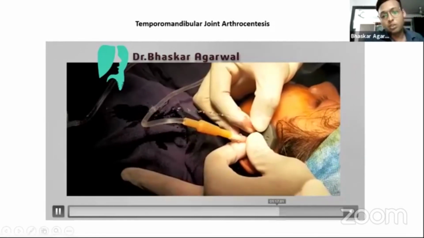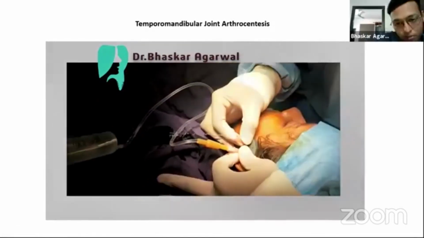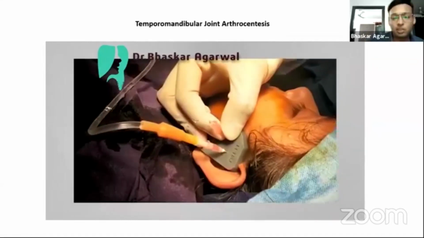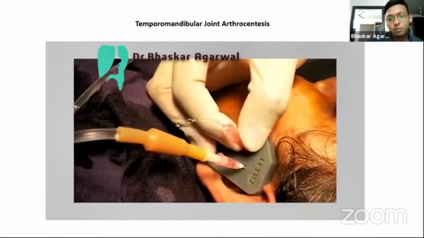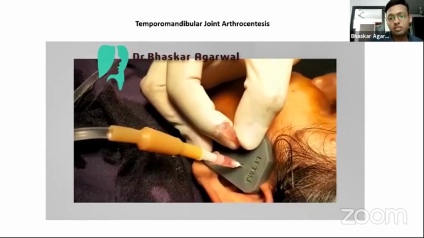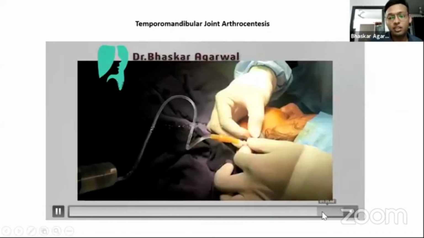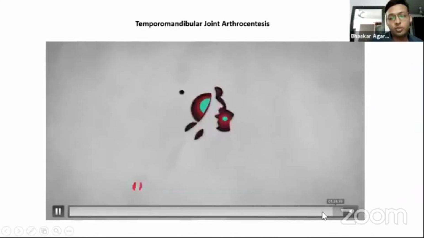Usually it takes longer to put a joint needle in the perfect location, but with the help of guides, it takes just a minute. It doesn't take too long, and every time you're sure that it will go into the right place.